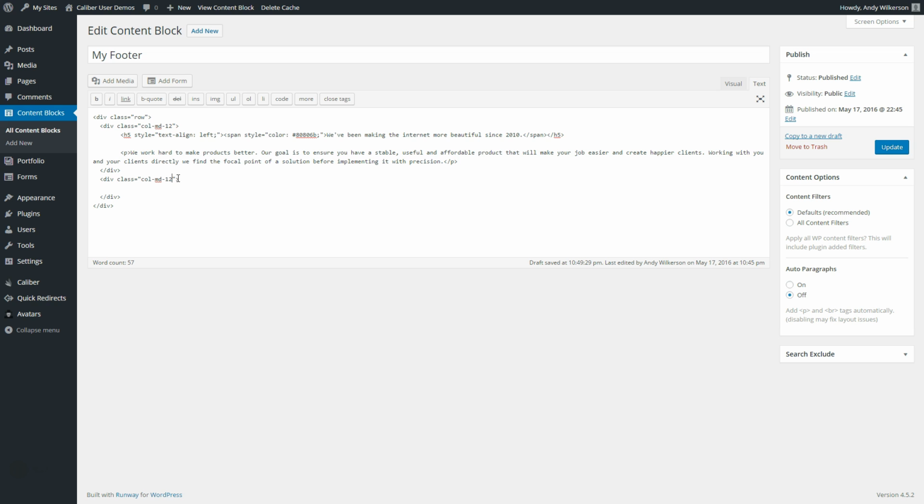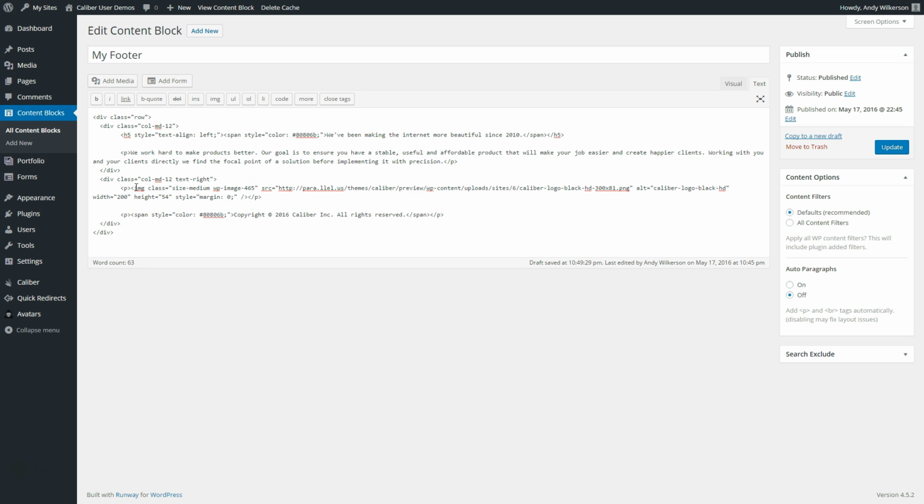For this second column, we want it to align to the right. So we can enter a class for that. We're just going to type in text-right. And then we have our image that we previously used and our copyright text that we can paste directly in here. I'm using the same image I used before. I've added a style tag and set the margin to 0, because by default in any content area, WordPress has some margins on the images that are styled in with the CSS. We've also got it wrapped in a paragraph tag now,